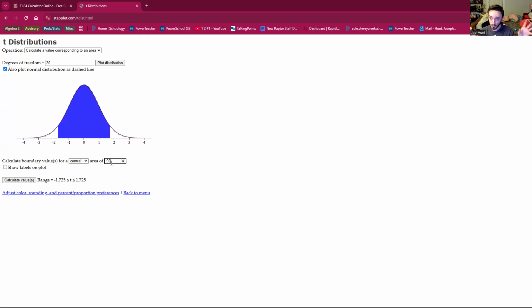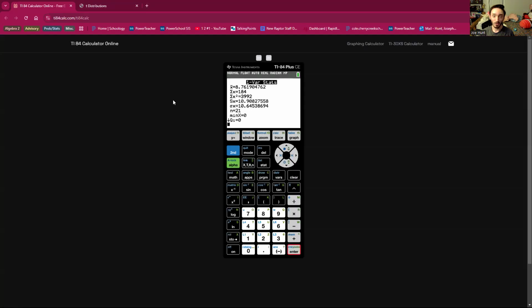So you always want to think about one tail, one side of this distribution. If there's 10% to spare for both, I've got 5% in just one of them. Once I know that, I'm now ready to take my calculator and find the inverse T distribution to get the exact T value for our data set. The way to do that is go second mode to quit to the main menu, and then we're going to go second vars to the distribution menu. Under the distribution menu, we're going to go to option 4 for inverse T, and I'm going to specify that area in one tail of the test.